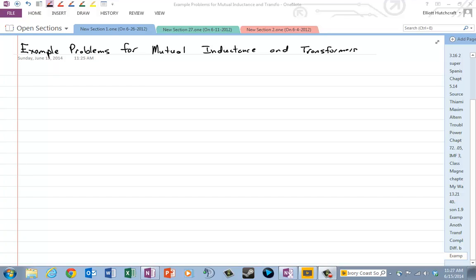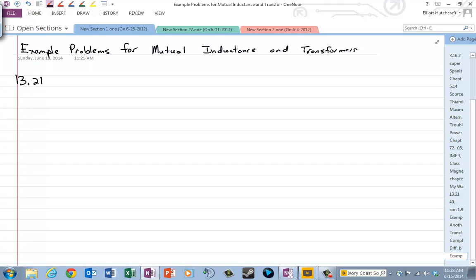Okay, so the last thing we talked about was mutual inductances, linear transformers, and transformers. And so today we're going to look at some example problems using those particular things. So first off, let's start off with problem 13.21